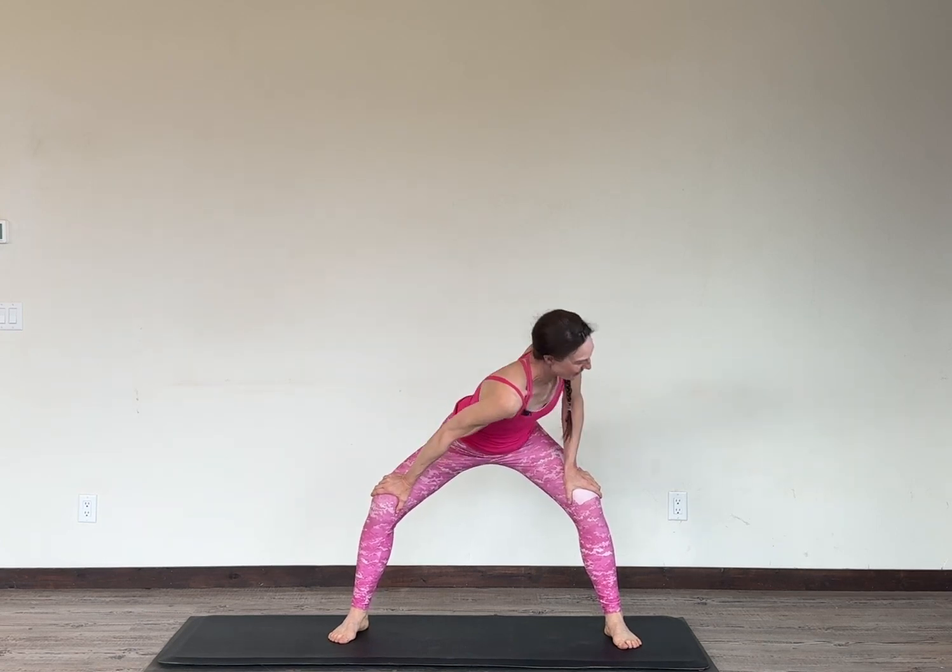Now we're going to put the toes a little bit forward and bend one knee and bend the other, and bend one knee and bend the other. So you're going to feel like your inner thighs are waking up. Breathe in, breathe out. Nice job. 1 more each. And then we're going to stay put with the legs, and we're going to drop the shoulder